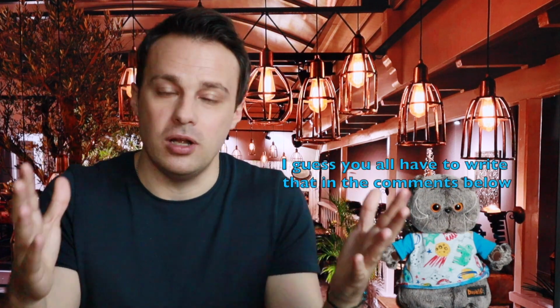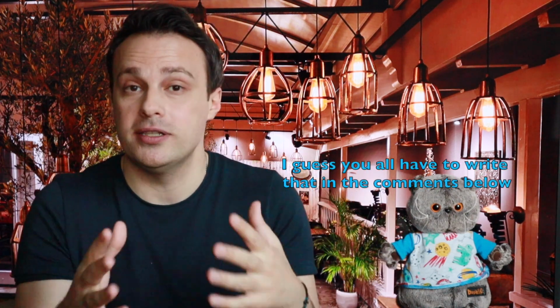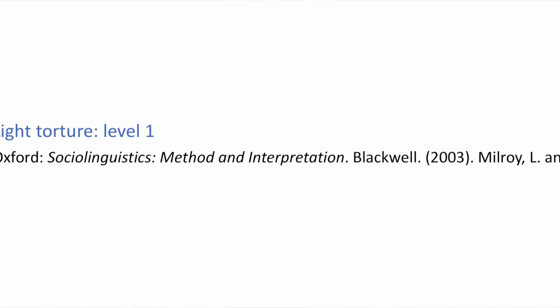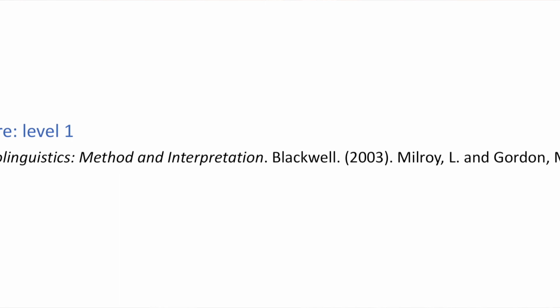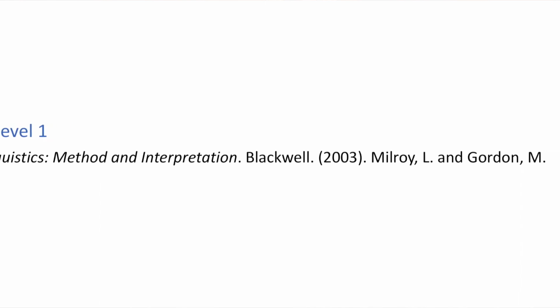So try to put in order the following sources and also write what type of sources they are. Is it a journal article? Is it a book? Is it a monograph? And so on. First, Oxford, Sociolinguistics, Method and Interpretation, Blackwell, 2003, Milroy and Gordon. Second,